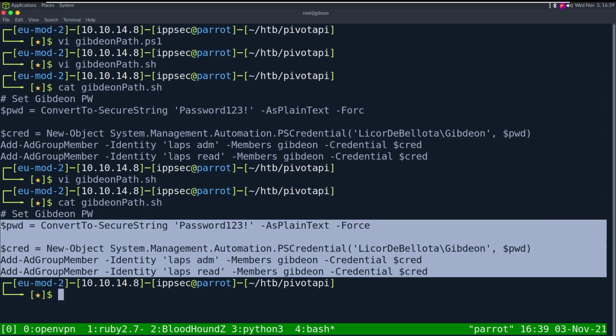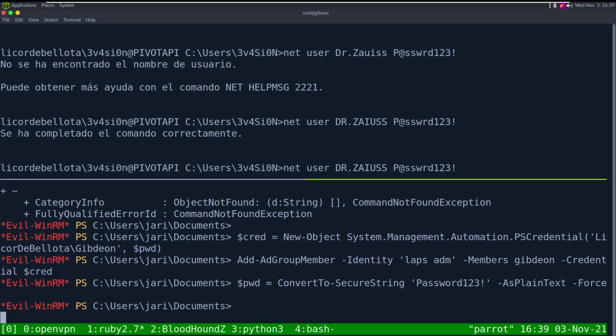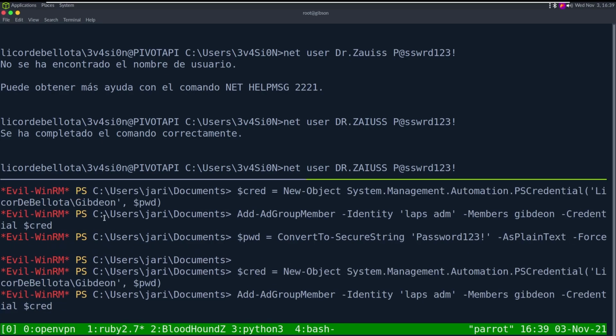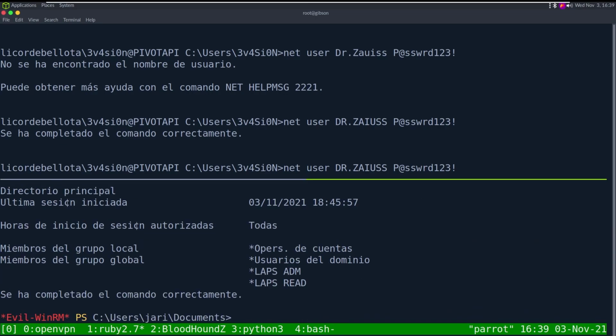So copy this. Let's just paste it again. And if we do net user Gibdian, does it tell us the groups? He is now LAPS admin, LAPS read. So now we should be able to get the LAPS password, which is in Get-ADComputer, because the password is stored